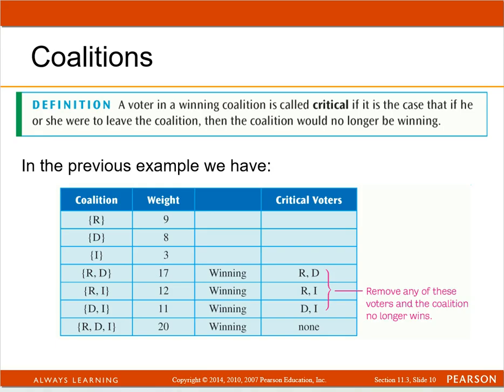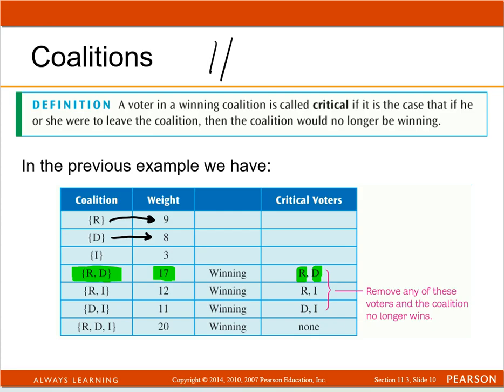So when I'm looking at this first one here with the Republicans and the Democrats, that's 17. Keep in mind, remember they needed 11 votes, right? But Republicans by themselves is only 9, and Democrats by themselves is only 8. So if the Republicans left this group, there'd only be 8 votes, and they're no longer winning. And if the Democrats left that coalition, there'd only be 9 votes, and they're no longer winning. So both the Republicans and the Democrats are considered critical voters, because if either one of them left, they'd no